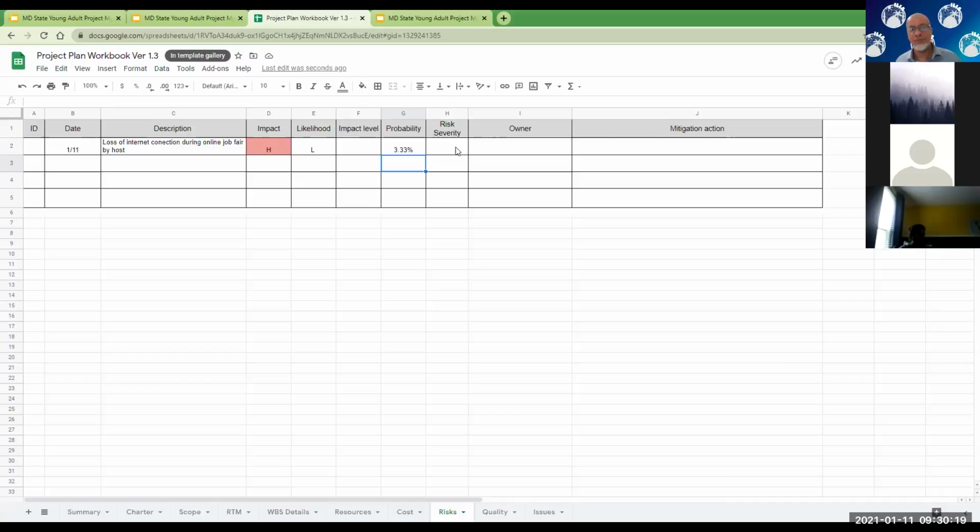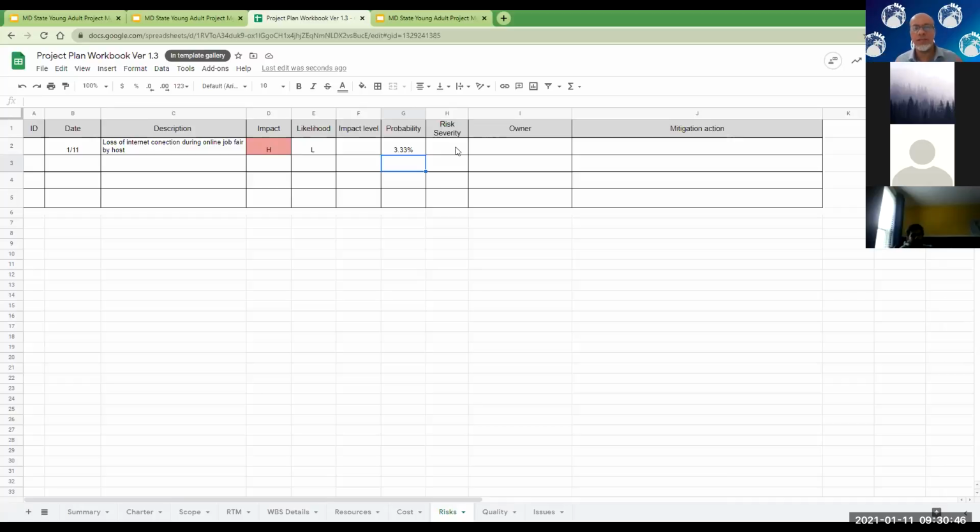Now, the impact level we said is high. How do we quantify that? In this case, if the internet is cut off, we go back, just like someone said here, to historical rates. When it does cut off once a month, what's the impact? Is it off for an hour or an entire day, or just a second? If it's off for a second, the impact is relatively low, right?